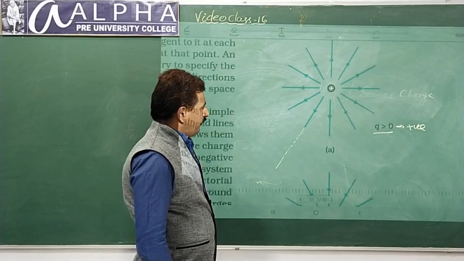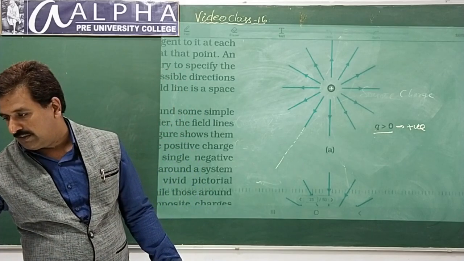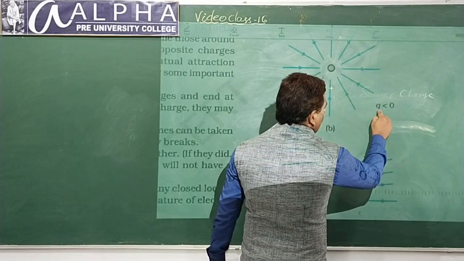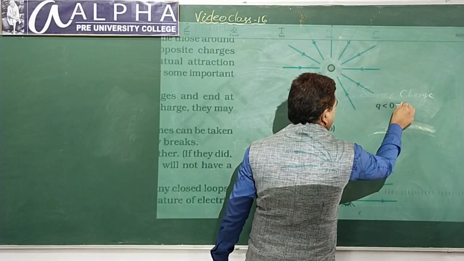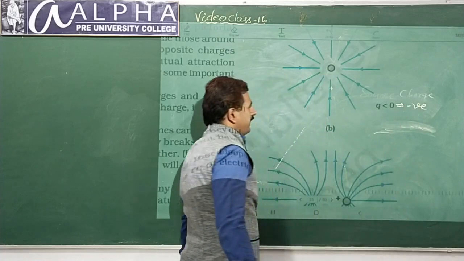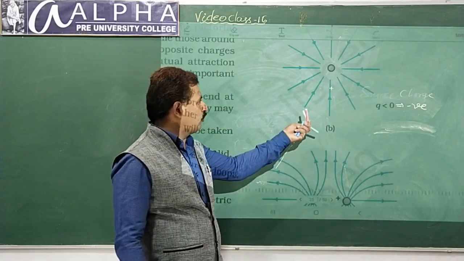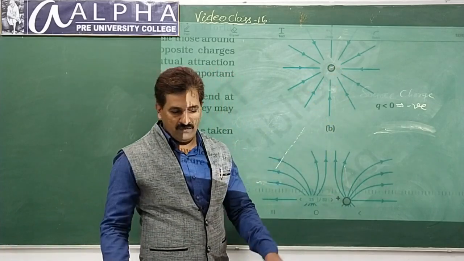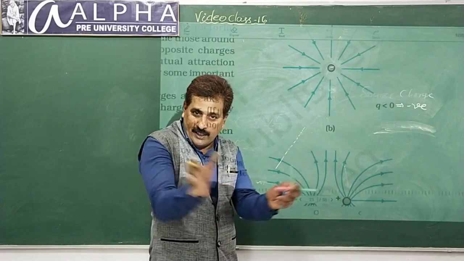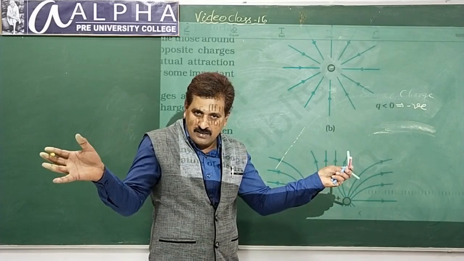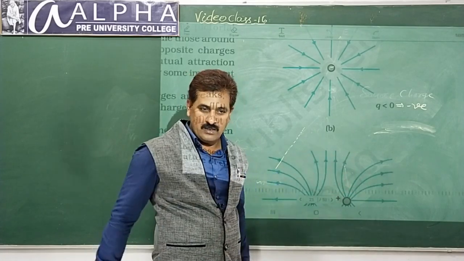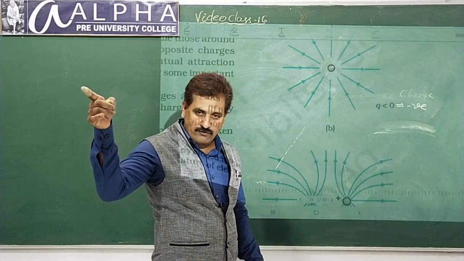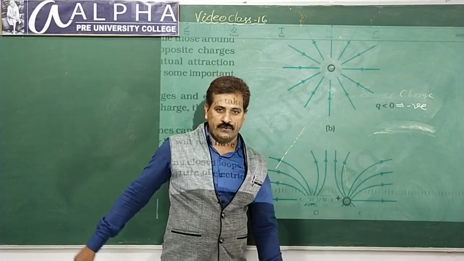Now, if you come to the second one that is here, the negative charge. Where is the negative meaning here? See, Q less than 0. Q less than 0 implies it is negative. For a negative charge, how are the field lines? Field lines are shown towards the charge, minus. Look here. Field lines converge to the point. In the previous case, they diverge. Positive charge, diverge. Negative charge, converge. So, as I said in the last class, field lines start from infinity and end at the negative charge.